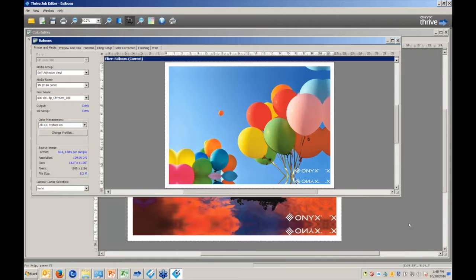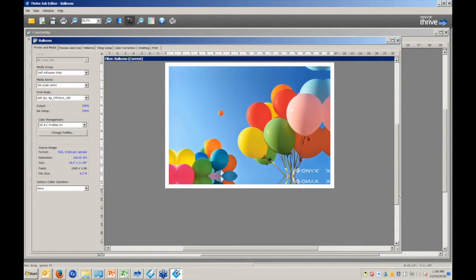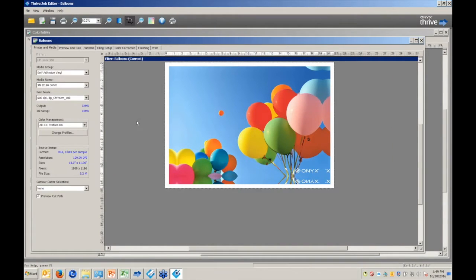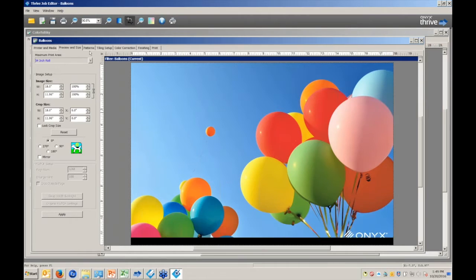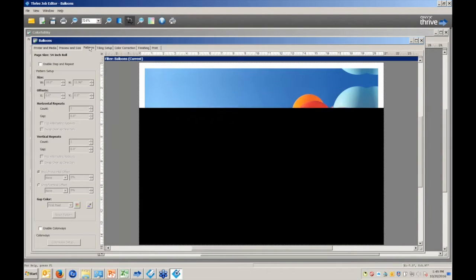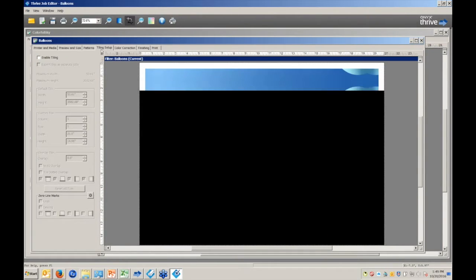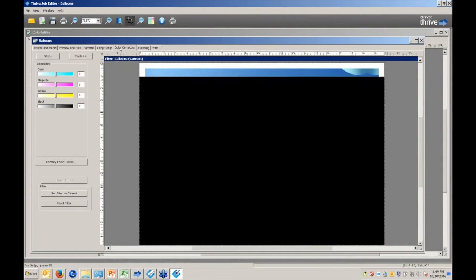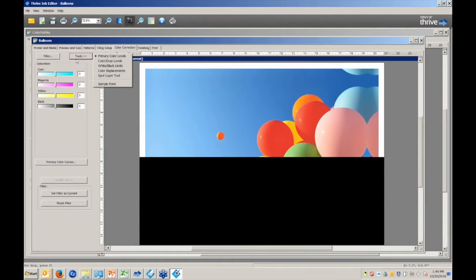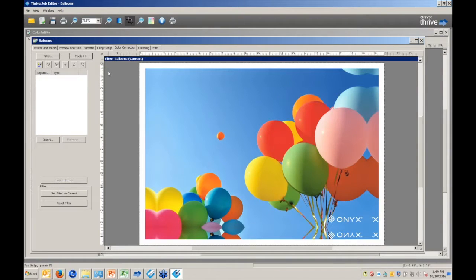Our job editor application allows you to override the quick set settings, allows you to change color management strategies, to do scale and rotation and tiling, patterning for textiles, again, advanced tiling setups, color corrections if I want to do any sort of manual color adjustments, if I want to do color replacements and replace named colors with